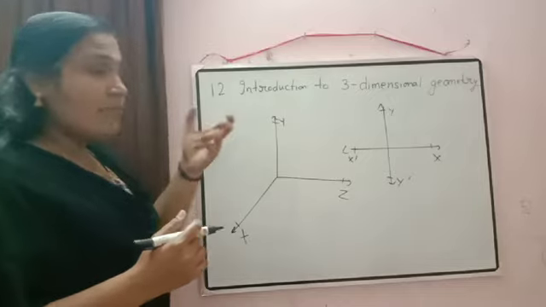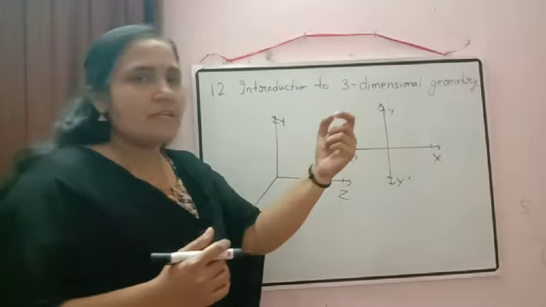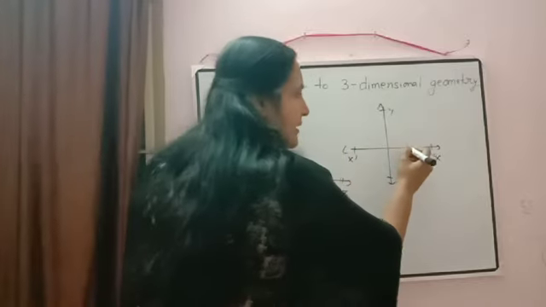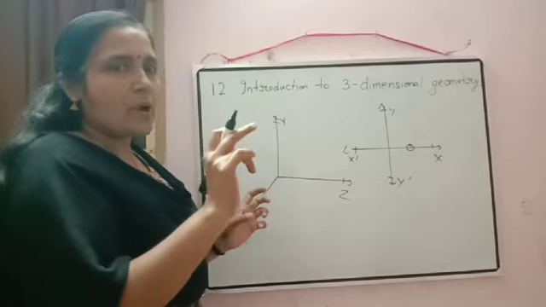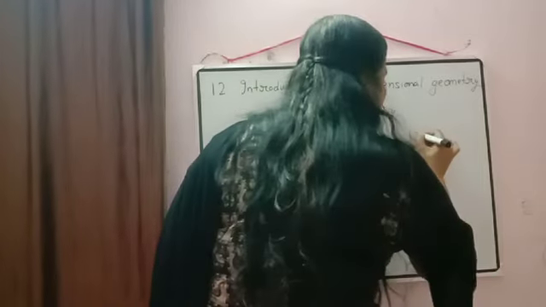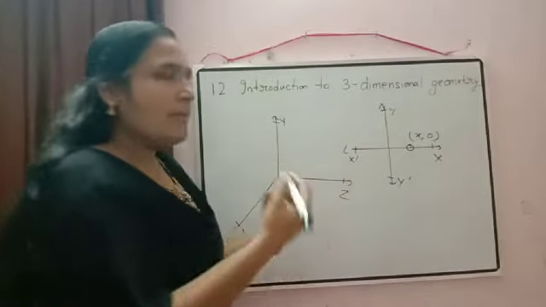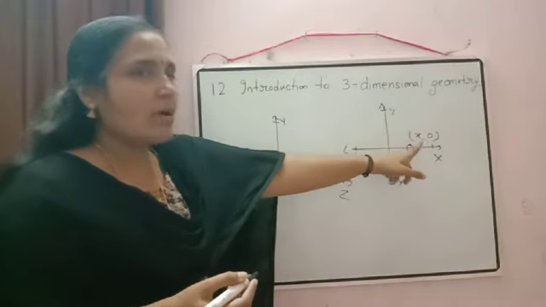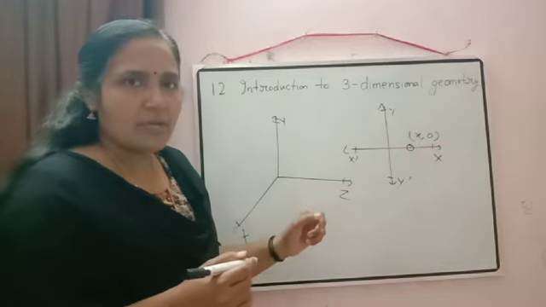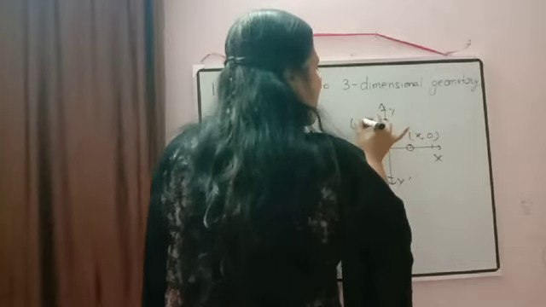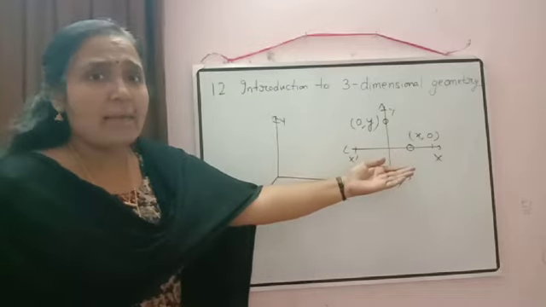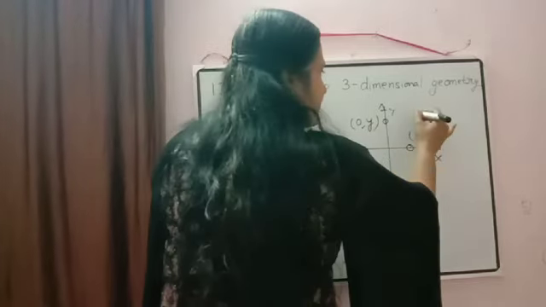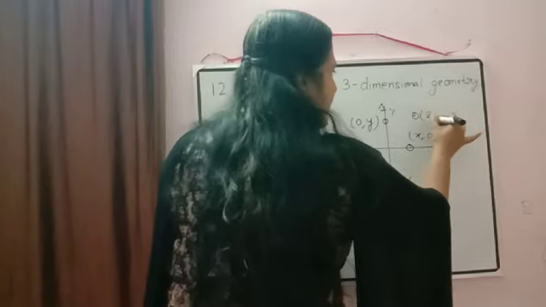Now the coordinates of any point. In two-dimensional geometry we studied, if a point is on the x-axis, what will be its form? Yes, the form will be x comma 0. If a point is on the x-axis, its coordinate will be in this way, x comma 0. If it is on the y-axis, then we know its x-coordinate will be equal to 0, so 0 comma y. And since it is two-dimensional, if we have to write the position of any point here, we write it in this way only.